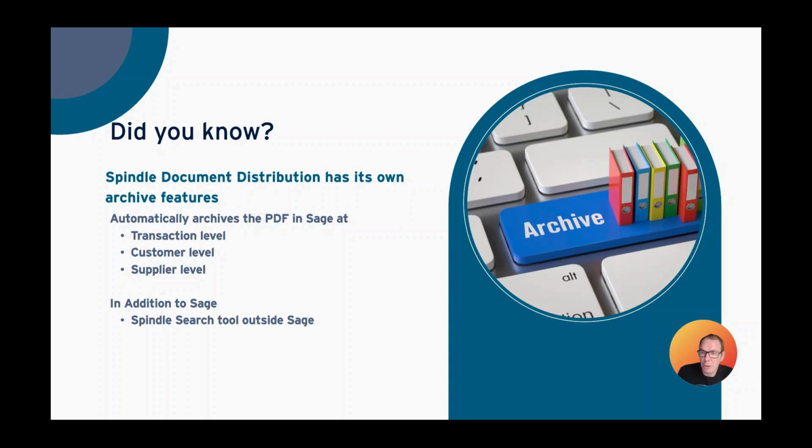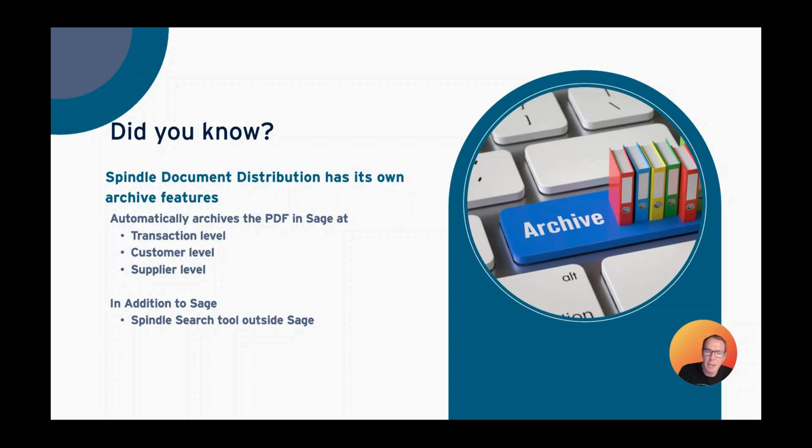In addition to viewing those documents back within Sage against the transactions they relate to, we also have access to the Spindle document management search tool, which allows us to do more criteria-based searching. I always best describe it as, think of it like a search tool for your filing cabinet. If you want to know what document you wish to get access to, then you go within Sage and you